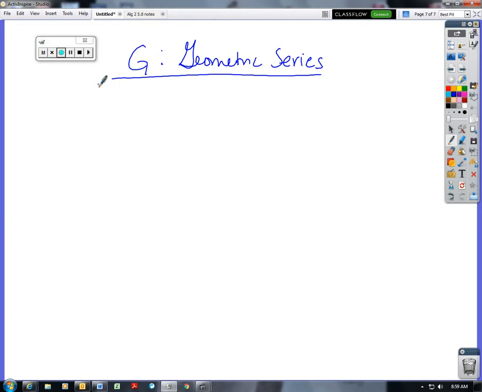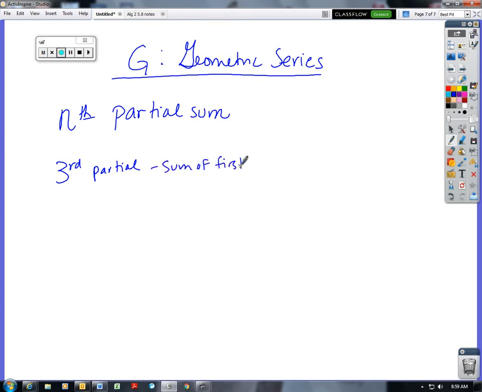The first thing we'll talk about is the nth partial sum. So if you did the third partial sum, for instance, that would be the sum of the first three terms. So the nth partial sum is the sum of the first n terms. And then the formula that you need, one of the formulas, is the sum of a geometric series